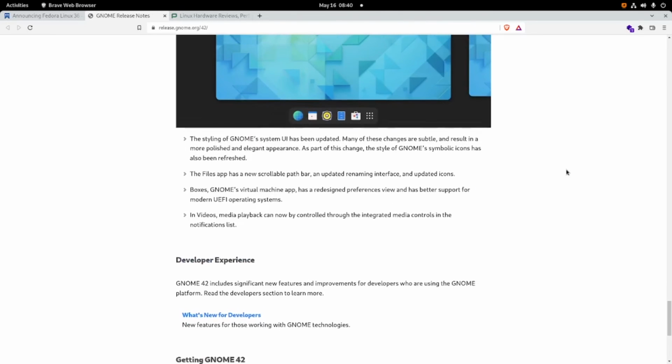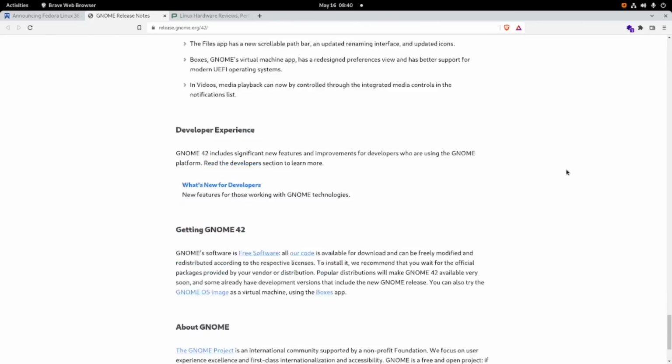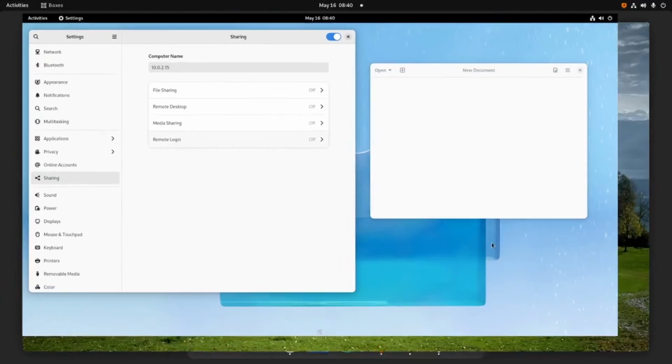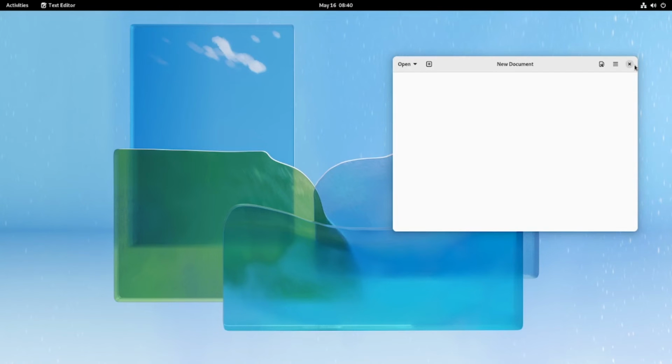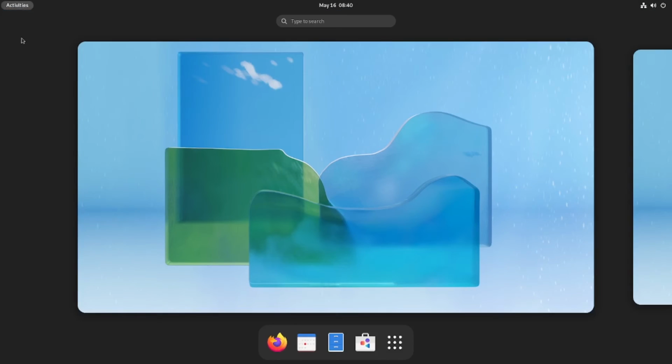Okay, you can read this by yourself. I think that's all from GNOME 42 that I can bring to you. You can try it yourself. And the last, maybe this is the last review from me.